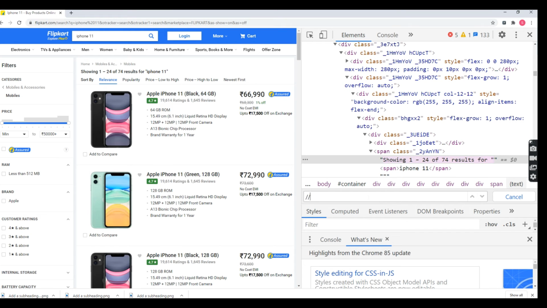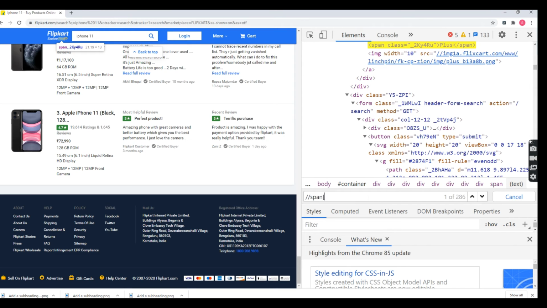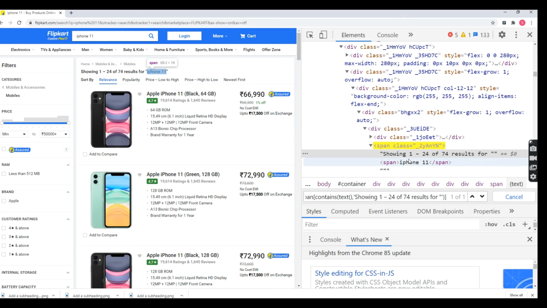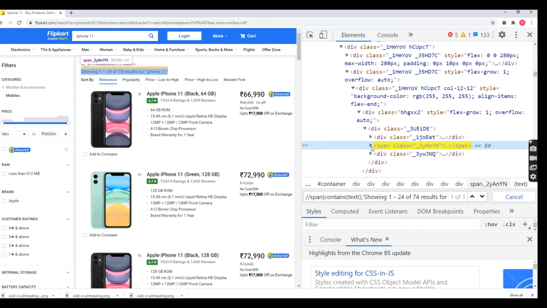So I am using contains text span. It shows matched element as 1. Okay, so this tag is closed. So I'm going to jump into another tag, which is a sibling.